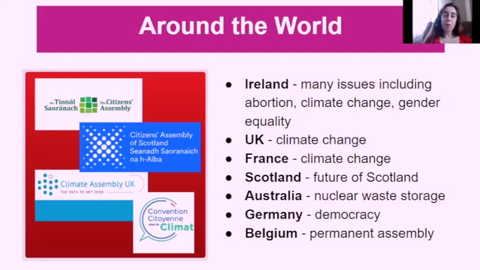Germany just had one on democracy, which actually wasn't run by the government. Ideally, you want these run by the government because obviously if the government commissions it, the government is more interested in listening to what it has to say. But in Germany, an NGO ran this process, using an independent body to help push the German government along a little bit on some areas to do with democracy. And in Belgium, they have actually set up a permanent Citizens Assembly to advise the government on different issues. And the citizens actually get to choose what issues the Assembly works on.